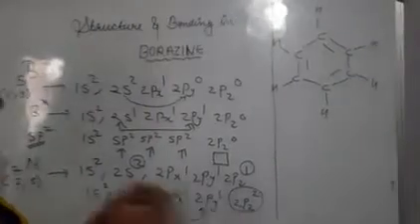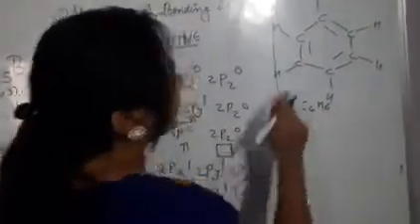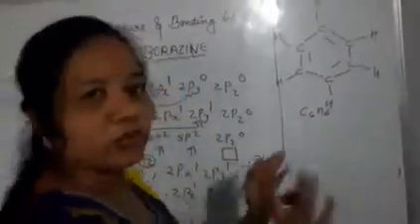So similar to that, if we write the molecular formula, it is C6H6. Okay, if we remove these carbon atoms, we can replace these carbon atoms by boron and nitrogen alternately.